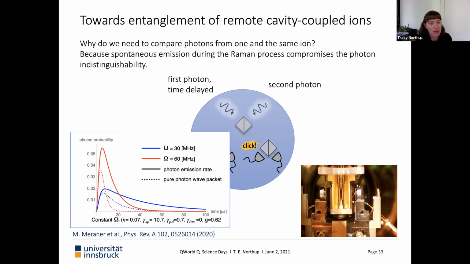Here's a theoretical study done in Nicolas Sangouard's group, in particular by Pavel Sekatski, looking at the photon probability. What you see in the dashed lines is the pure case, a transform limited pulse that wouldn't be affected by spontaneous emission. And then the solid lines are the case with everything included, which gives you a sense of the contribution of spontaneous emission to this process. So it is certainly playing a role. We wanted to understand how it compromises indistinguishability, right? So you see actual and transform limited in these two cases.